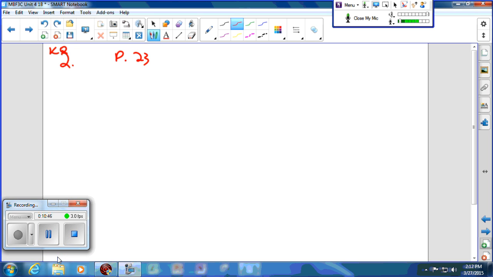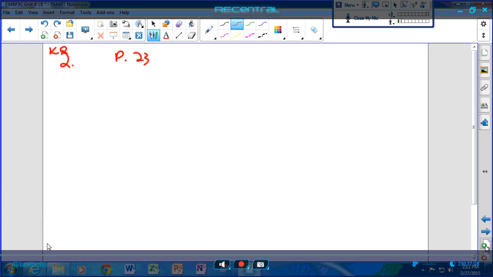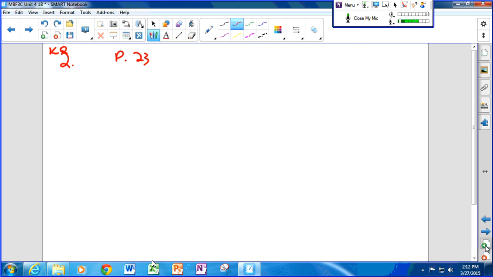It says Jesse needs to get ready for school. He has 2 pairs of pants to choose from, 1 black and 1 brown. He has 3 shirts to choose from, 1 red, 1 green, and 1 white. Any combination of pants and shirts is equally likely. Use a tree diagram to find the probability that he will wear a green shirt and brown pants. Okay. So the way this works then is